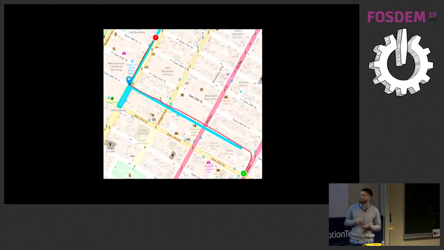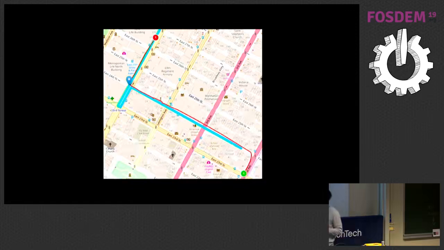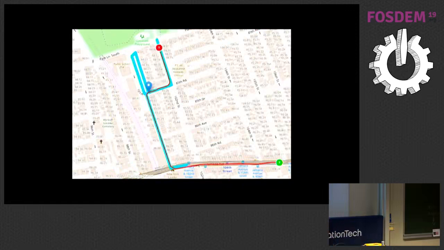These are other examples of such errors, like unconnected segments and stuff. So there were around 2% of rides matched incorrectly when I started. Now it's like 1 in 200, which is quite great, but not perfect.